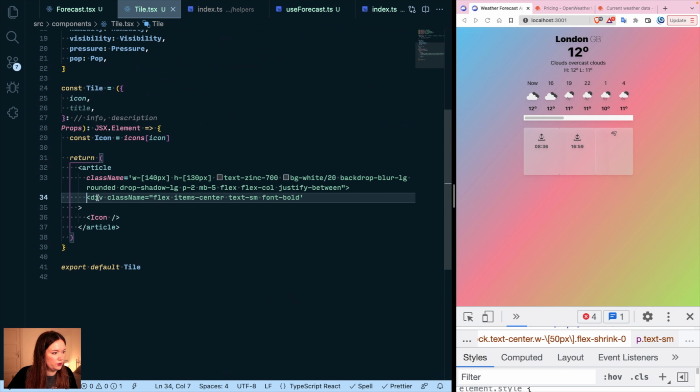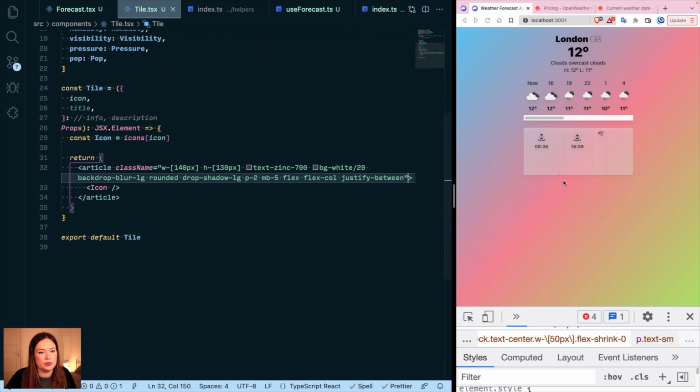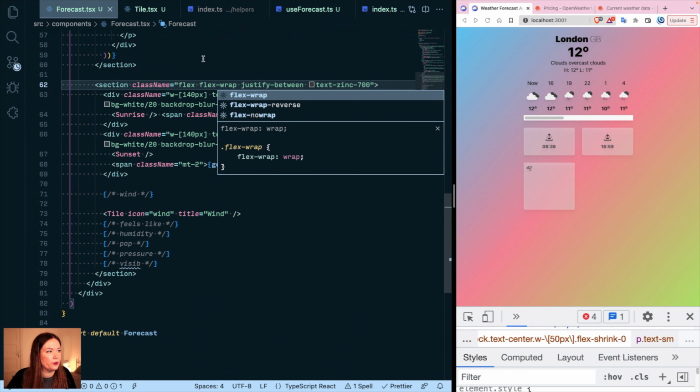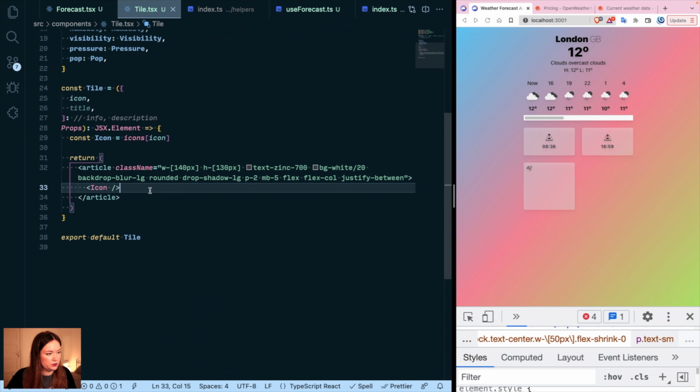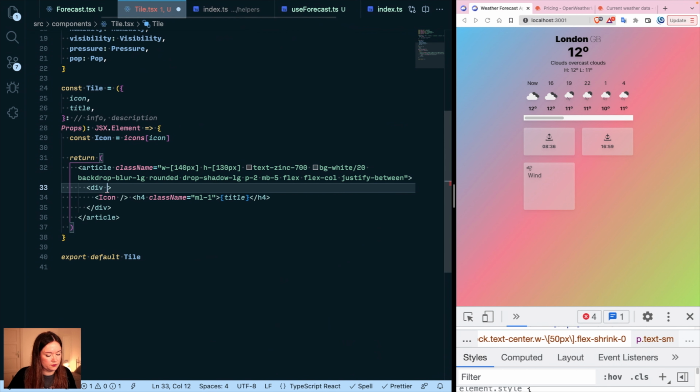So if we save that, why do I have a div here? What is going on? There we go. Okay, now we need to make it wrap. So it needs to have a flex wrap. There we go. Cool. So we have the icon, we have the frosty look. Now we need to add the H4 and to add a title here. And in here, going to add a class name, margin left 1, just to have it a little bit to the side. I know why there was a div, because there is another div here that has a flex center class name like that. Yeah, so we flex the item in the center